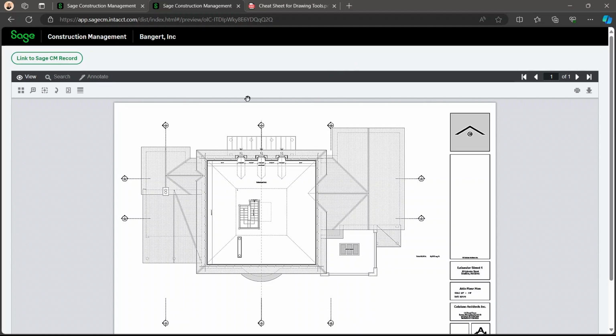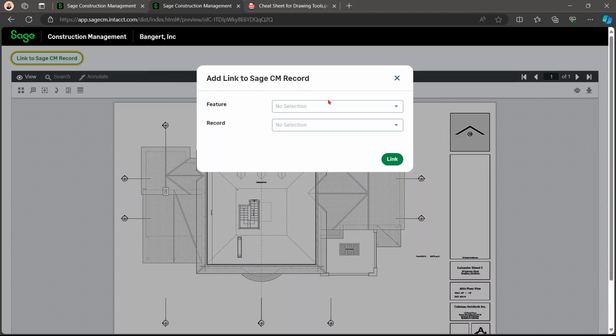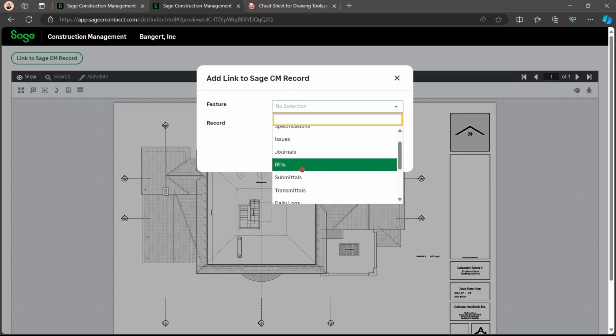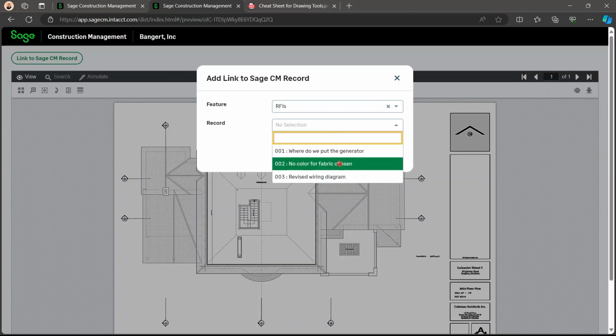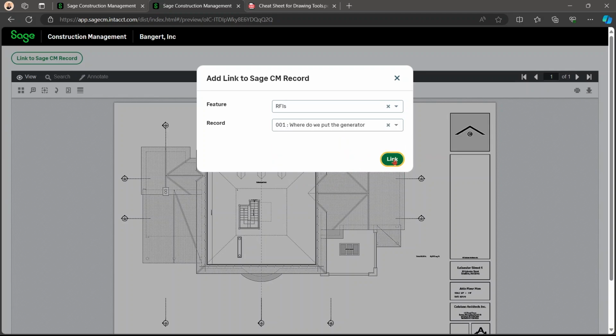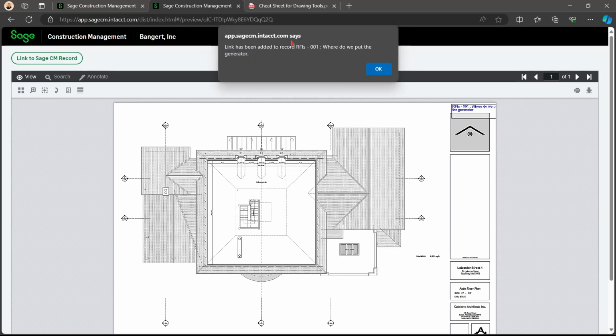Lastly, and probably the most important part, is the link to SCM record. So here you're able to link a feature, which can be any of these features listed here. Most usually you're going to use the RFIs, and you're going to choose what RFI. These are going to be the RFIs within the project. You can choose it, and then you're able to link.